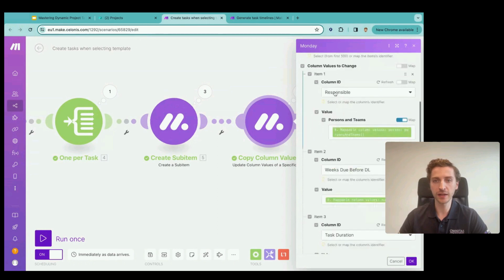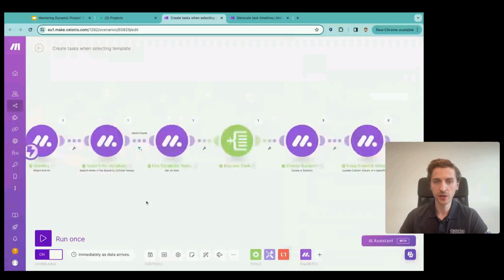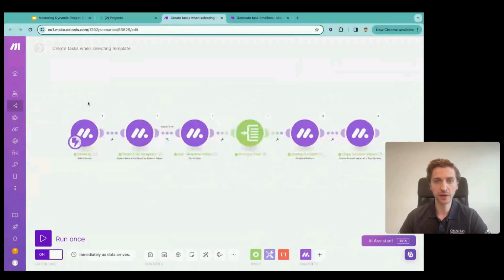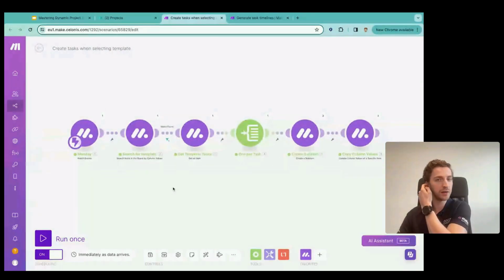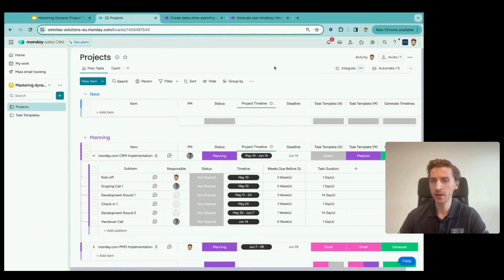And then we're going to add some column values like iterator. We're going to bring over the weeks due before deadline and the task duration. So all in all, we have about 6 modules creating a full task template generation integration. Cool. Moving on to the next step then, which is going to be slightly more complex, but more or less